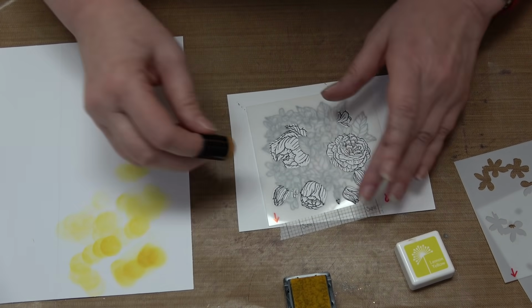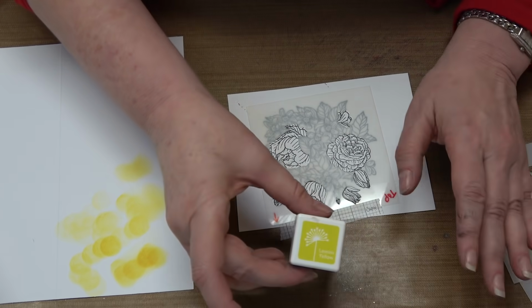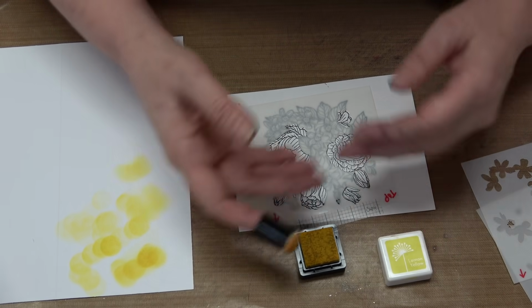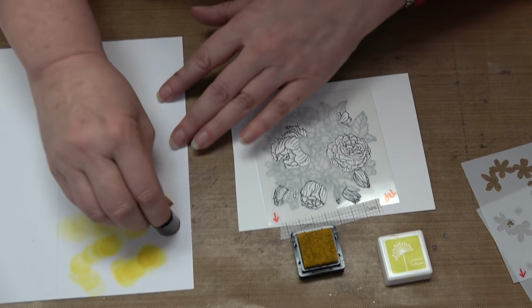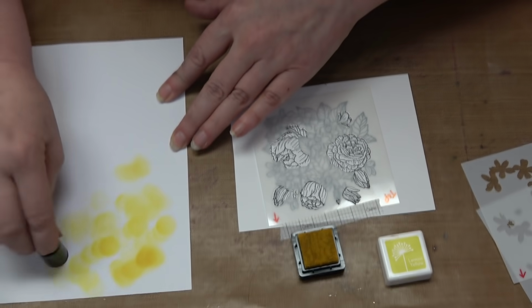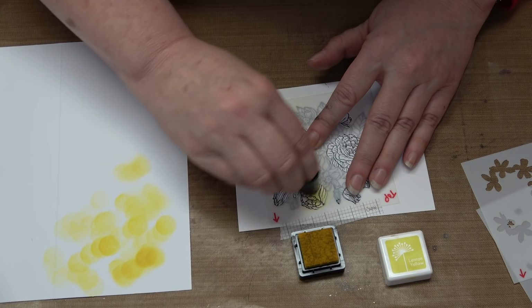So I want a light yellow. Maybe you only have one yellow. Maybe that's all you've got. How do you get different tones, or different saturations, out of one color? You color off. So now I've got my yellow pretty light,